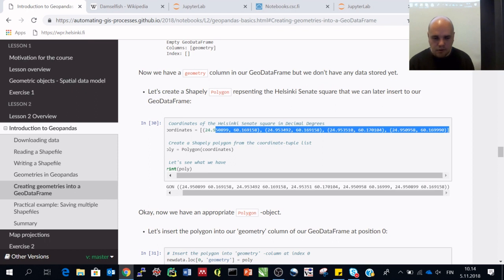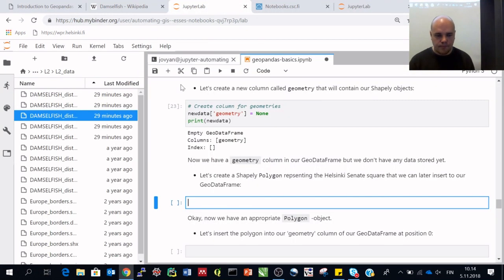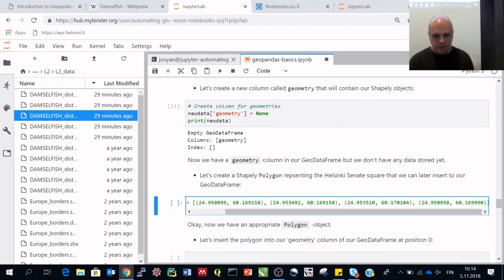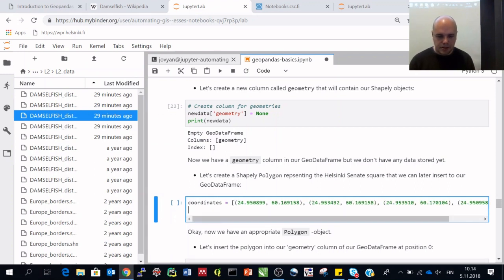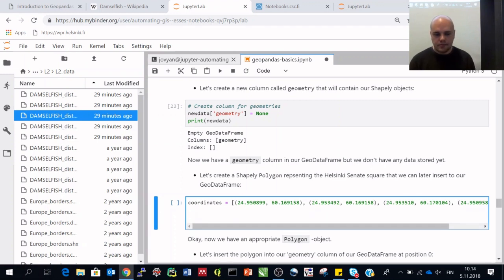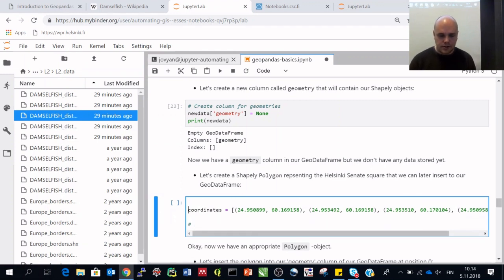There are 4 x and y coordinates representing each corner of the Senate Square, and like this I'm able to copy and paste it here, and then let's put a comment, coordinates of Senate Square,